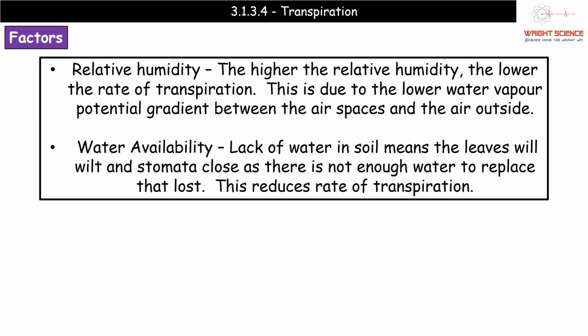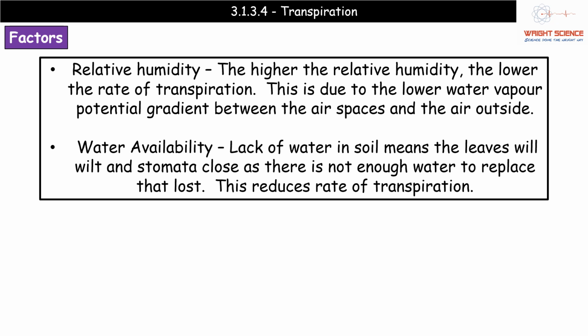Another one we looked at at GCSE was the humidity, and what we actually find here is that the higher the relative humidity, the lower the rate of transpiration. Go careful not to get into that little habit of going, oh, higher this, higher the other. With humidity, that is a measure of how much water vapour is already present in the air. So if we have a high humidity, we will have a lower rate of transpiration, simply because we're going to have a lower water vapour potential gradient between the air spaces in our leaf and the air outside,